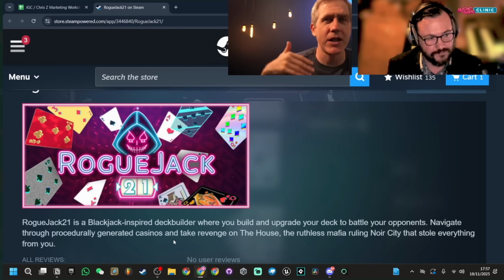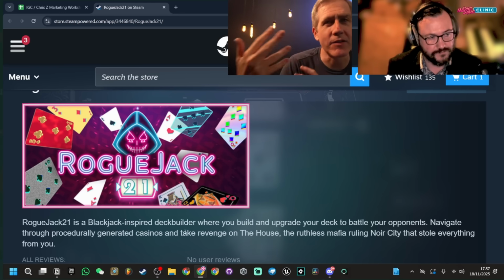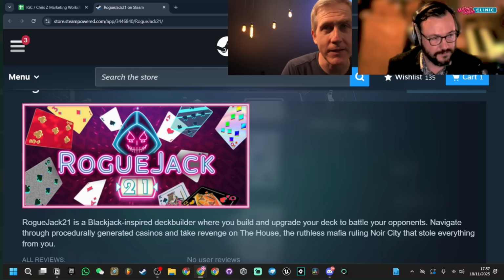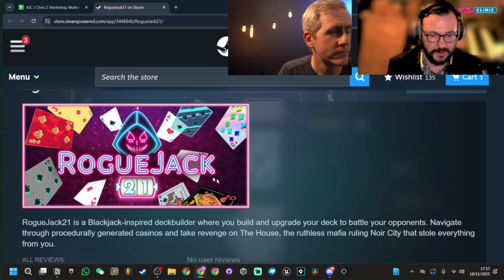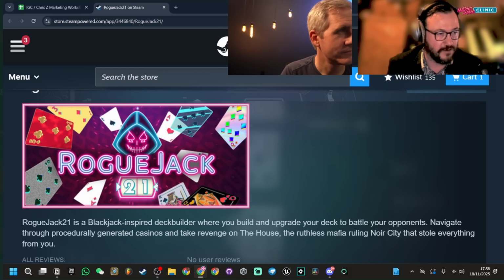Balatro was all about the Jokers and stuff. What is your unique mechanic that makes this fun? Where 21 means you can upgrade your cards or something like that. Yeah. This is one that came through the review show when it was being worked on, and it was a lot more Balatro first time round, and it had a lot of emphasis on the Jokers. My feedback was, look, I get Joker's a card thing, but it's so strongly associated with Balatro now. That's like saying you're going to open a burger joint and you're going to have a clown as the mascot. It's such a big deal.